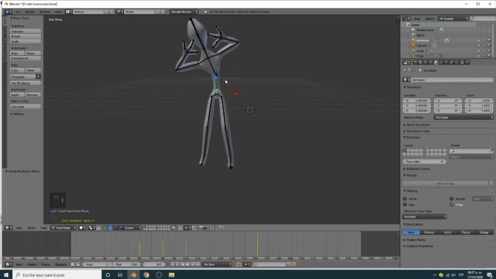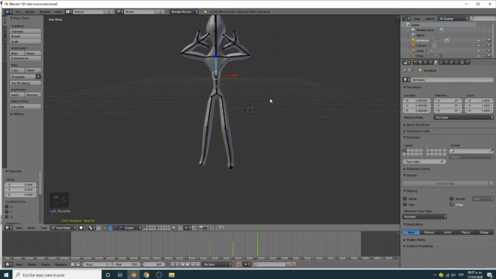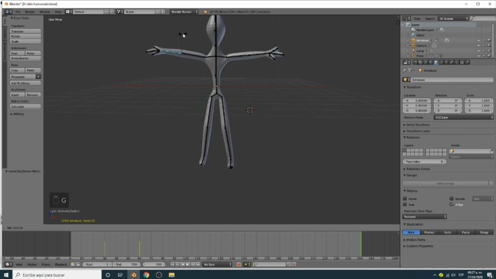Log raw scale, and this one I move again. Log raw scale, and then I'm going to finish with my arms straight. Log raw scale. The same with this one. I'm going to move with G, and I save the animation, log raw scale.